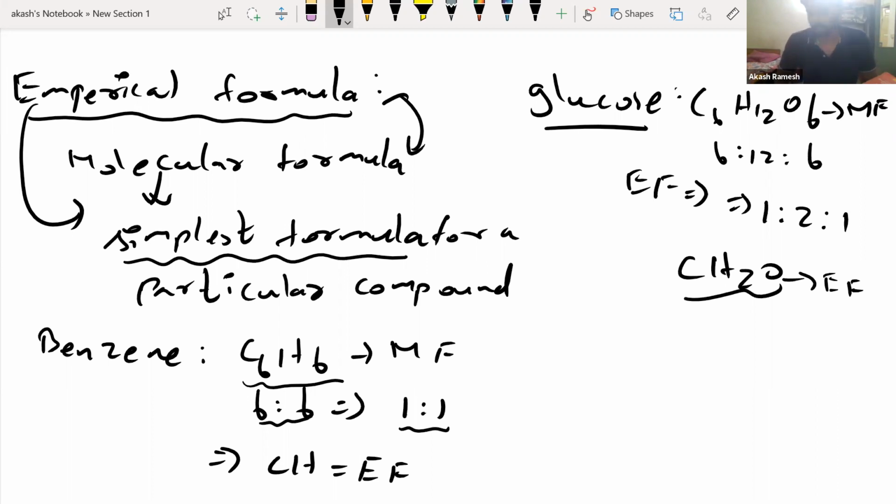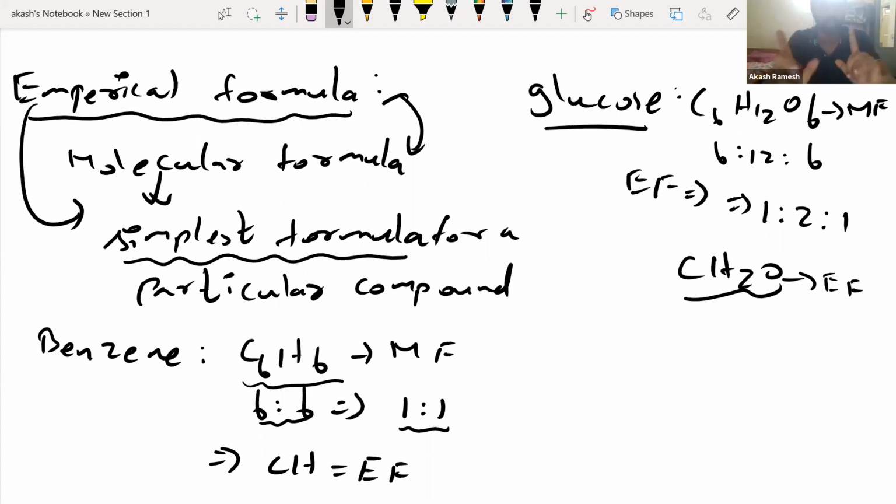Now, guys, why are you studying this? Generally, you have an unknown compound with you. This is what chemists generally deal with. Say they have a test tube of some chemical, but they don't know what elements are present, so they don't know the formula. And even if they know the elements present, say carbon, hydrogen and oxygen, I don't know what their formula is. These are the two problems.